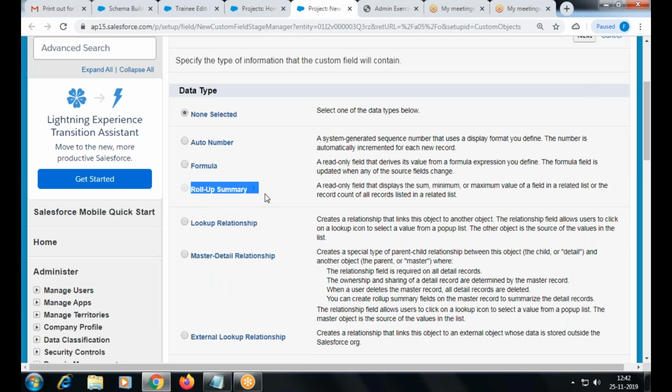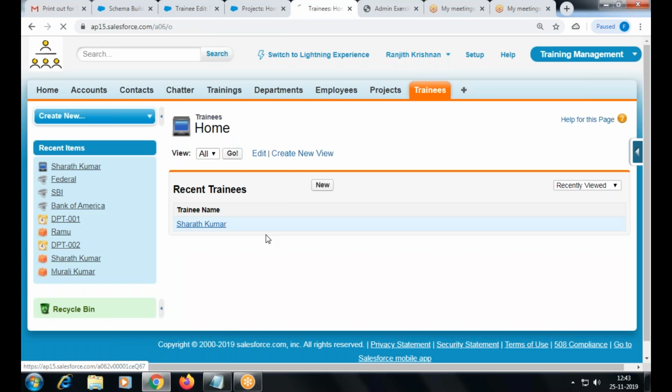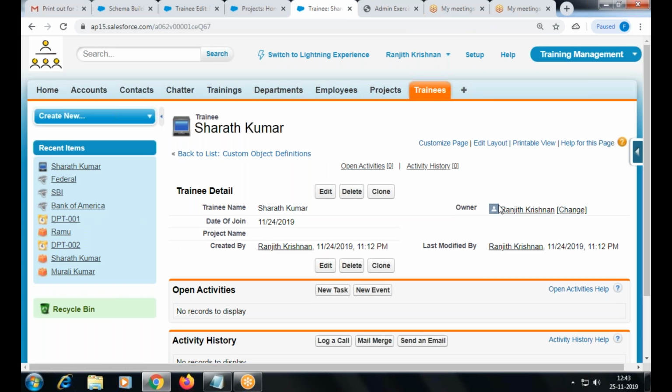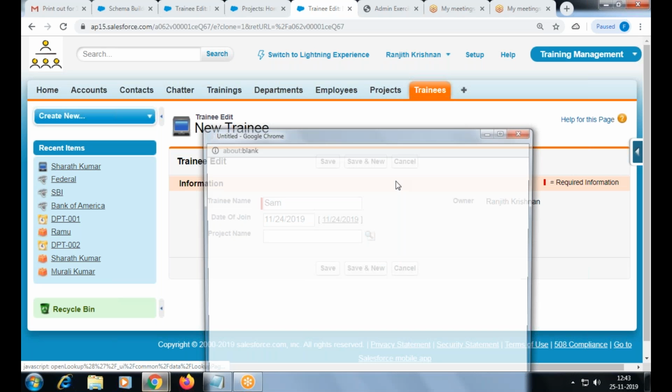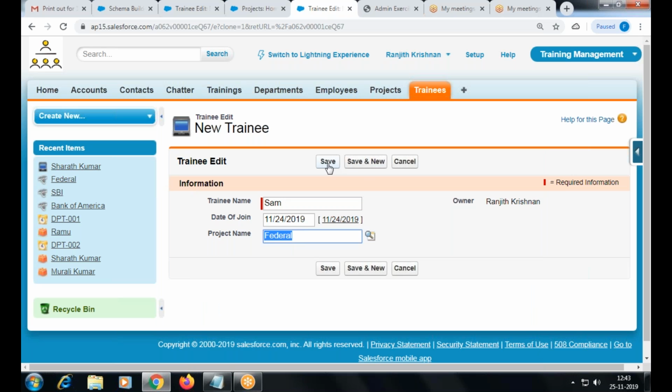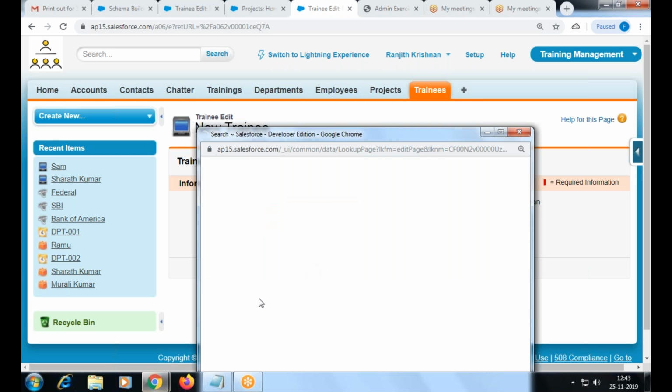I cannot create a roll-up because it's a lookup relationship. Got me? Your trainee will have an owner field, and the project will also have its own owner field. If you want, you can relate the trainee with the project. People, all of you follow this, right?